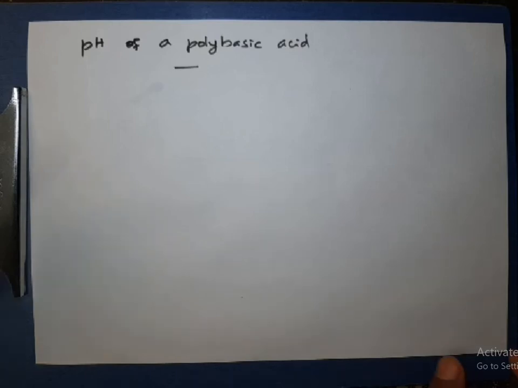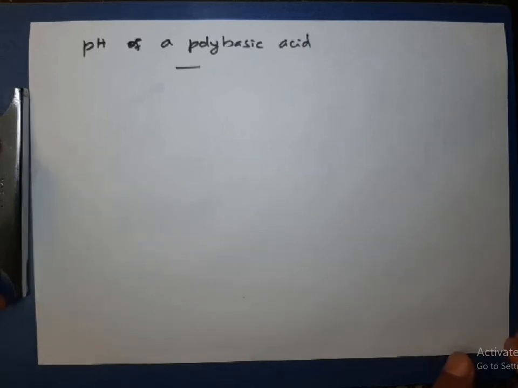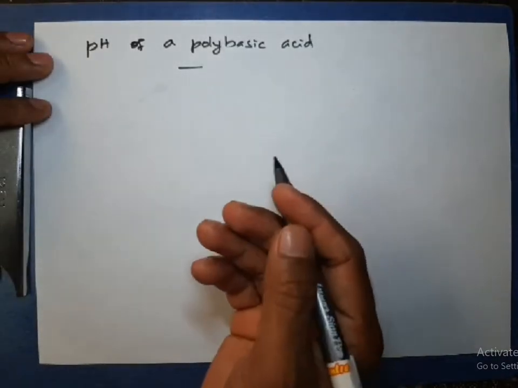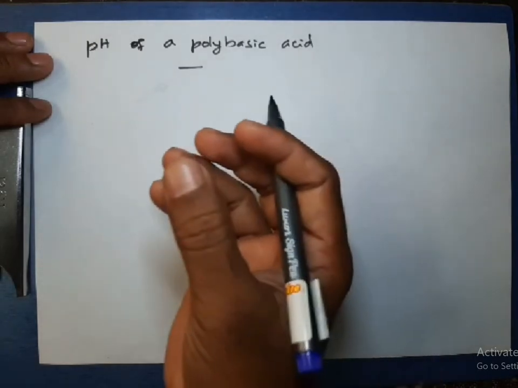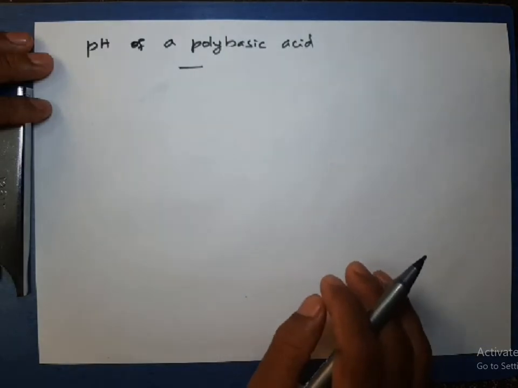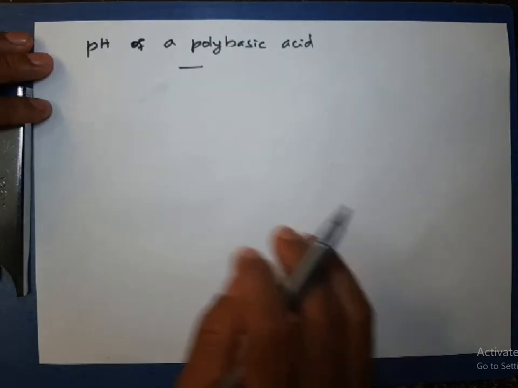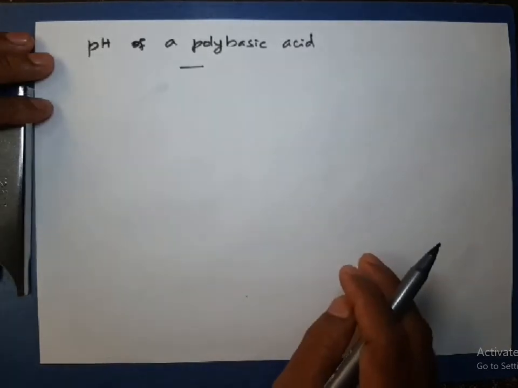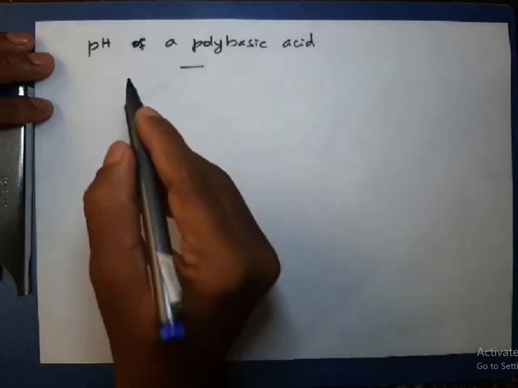Hello. In this lecture I am going to discuss how to calculate pH of a polybasic acid. First of all, what is a polybasic acid? Any molecule or compound, if it provides more than one H+ ion through ionization, we call those compounds polybasic acids. For example,